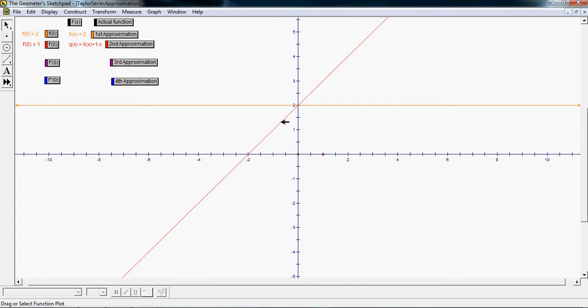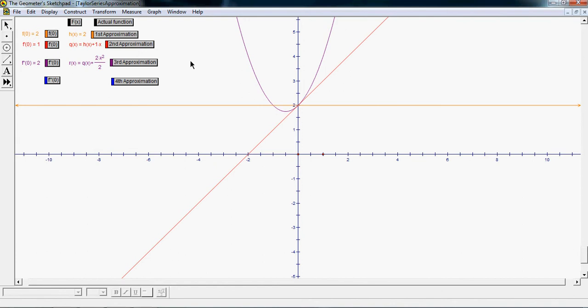Now, suppose we find out some more about the function. We know the second derivative of the function is 2. So just like the first time we assumed the function was constant, this second time we assumed the derivative was constant. Well, now we just found out that it's not. The derivative is changing too. So instead of a line, we're going to have something that doesn't have constant slope. So we're going to take a look at an approximation